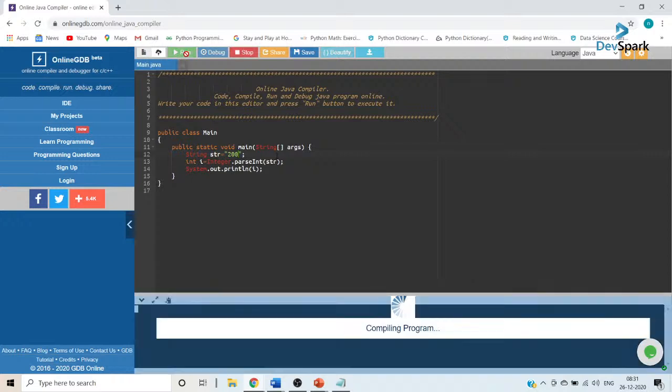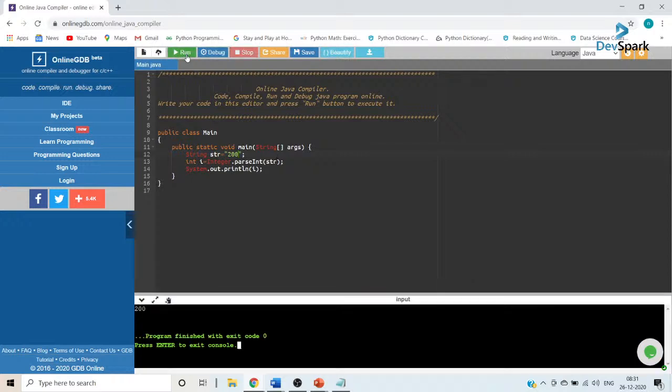Now once I run this value, then see that the conversion is happening. Now similarly, to work with the other method that we have discussed, instead of passing this, if you use something called Integer.valueOf